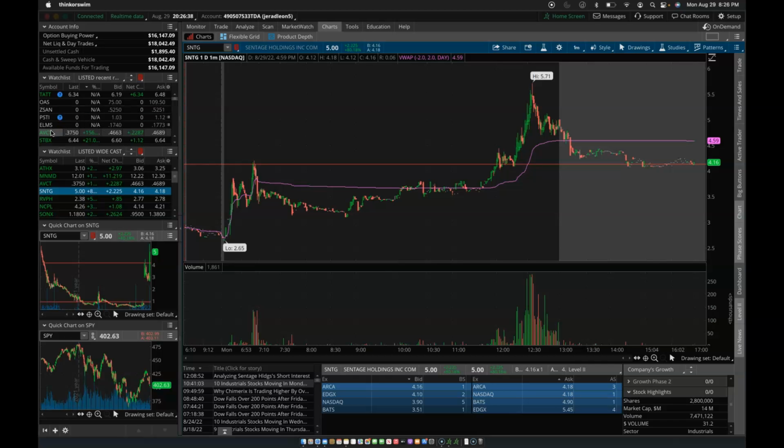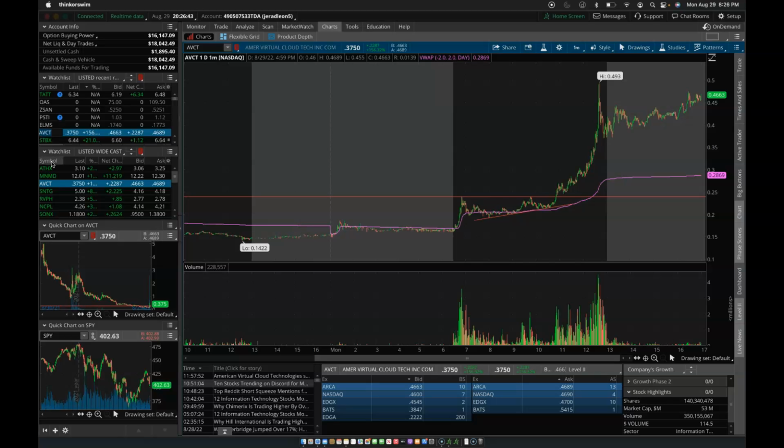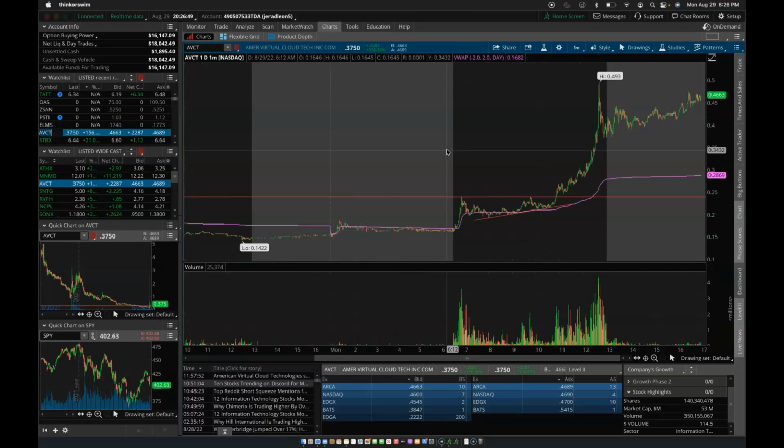AVCT and ST, no. Oh, I'm forgetting the other one. Either way, few good plays today. I only captured one, and I still messed up on it and still came out green. So there's still a lot of improvement that needs to be done. And that's why I'm trying to keep it small size so I can really focus on the pattern and play it the best possible way I can play it